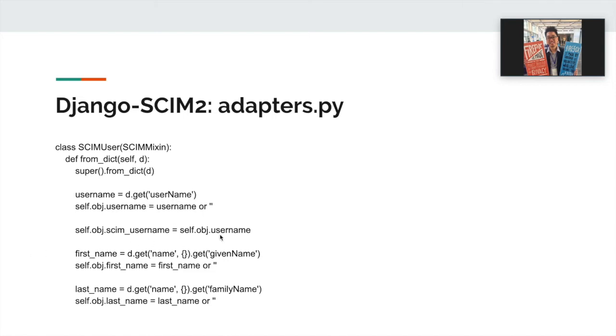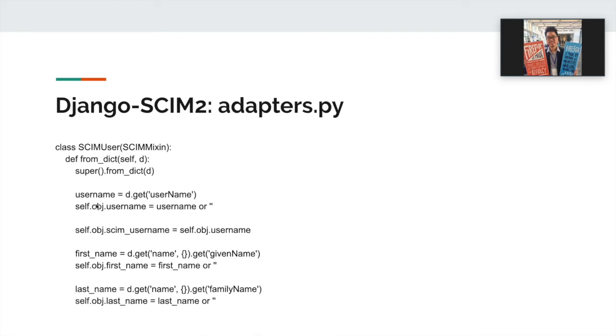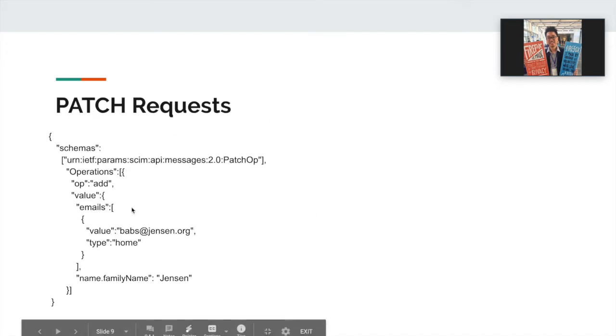So say username or given name, family name, we can pull all of that and attach that onto our object as we see fit. This object that's in our system that will be saved to our database or our persistent storage is bundled up in this self.obj object. And again, that was passed in during our SCIM adapter call that we saw in a previous slide. So post and put calls are all handled with the from dict method. You implement everything that you want to take from the JSON object that comes through in the SCIM request. You take everything you want and you put it onto your user object in that from dict call,